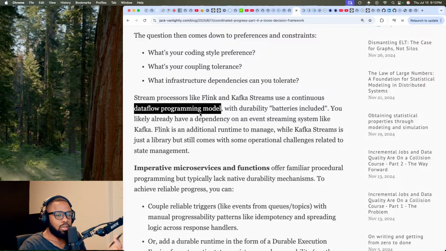Because you really think in terms of, okay, you have different stages, you have your inputs coming in and different computation nodes that you have to traverse.